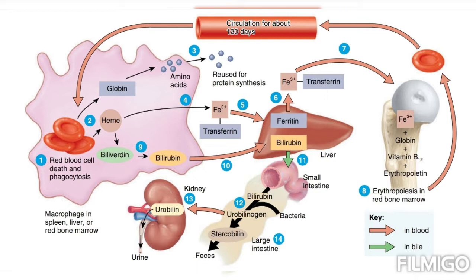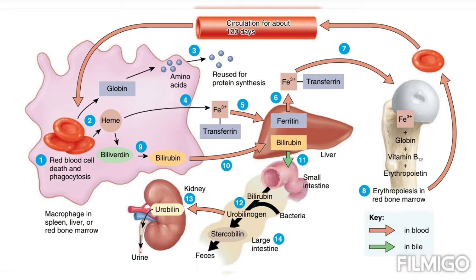These ruptured red blood cells are removed from the circulation and destroyed by the fixed phagocytic macrophages in the spleen and liver, and the breakdown products are recycled and used in numerous metabolic processes, including the formation of new red blood cells even. The recycling process will occur in different steps.